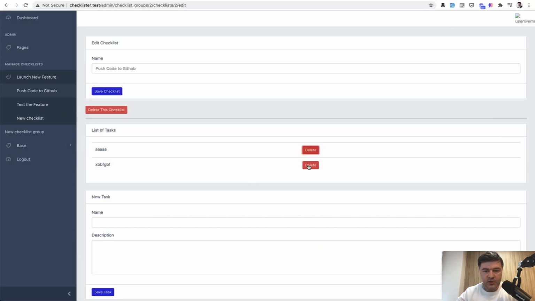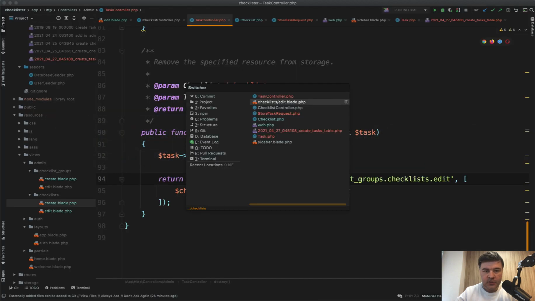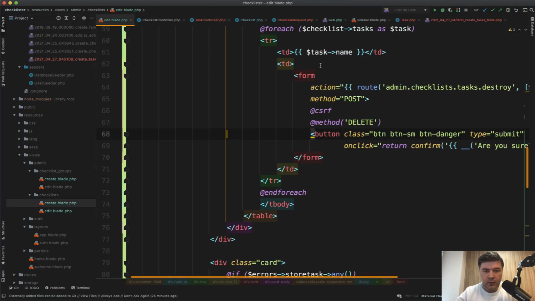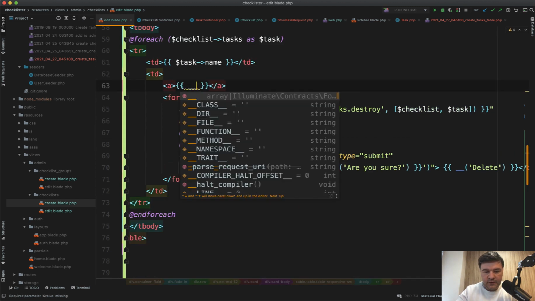Let's try it out. Let's delete this. Okay. And we're redirected back and the task disappeared. Great. And then editing of the task, let's add an edit button which would link to the edit form. So in here we have text of edit,